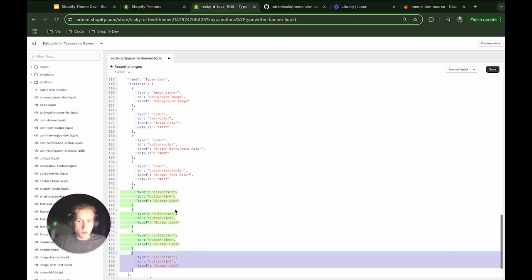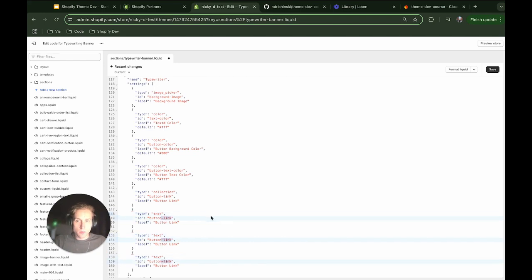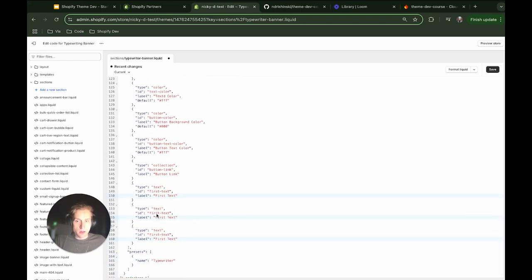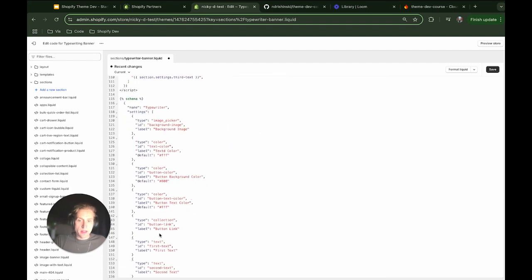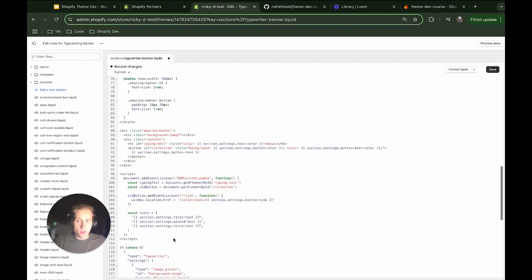I'm going to copy it 3 times. And then I'm going to change these. Okay, cool. So we've defined the first, second, and a third line of text, which we can get here, and